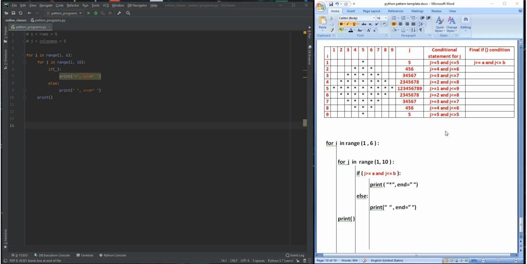Welcome back, guys. In this session I'm going to show you how we can create this particular star pattern. So here we have 9 rows and 9 columns. Okay, and here first what we have done is we have written down all the j indexes where we want to see the stars. When i value is 1, we want to see a star only at the 5th index